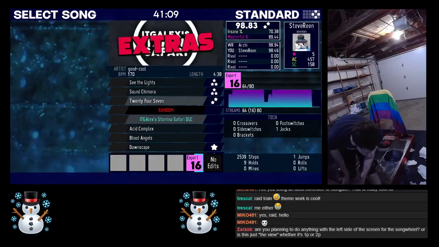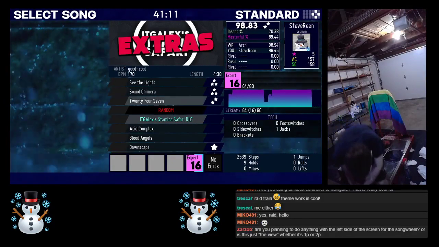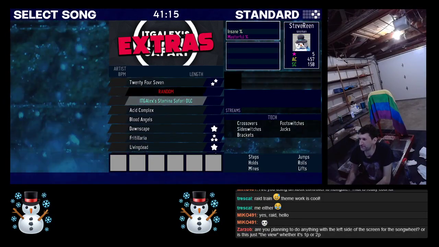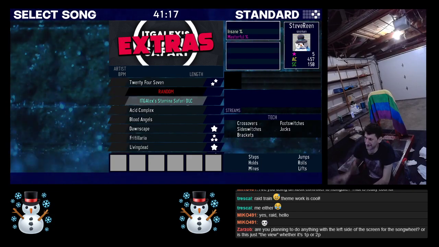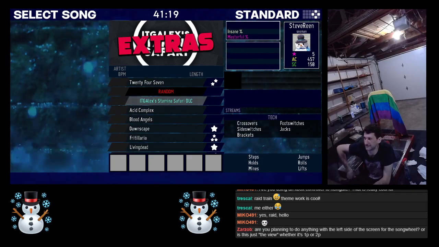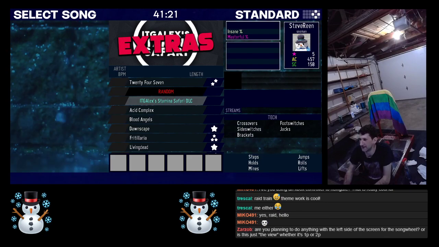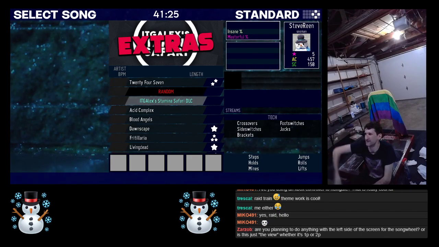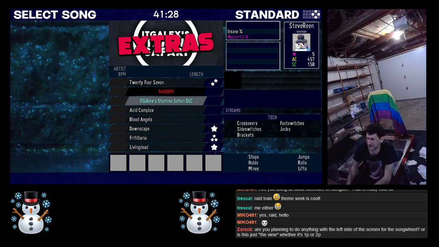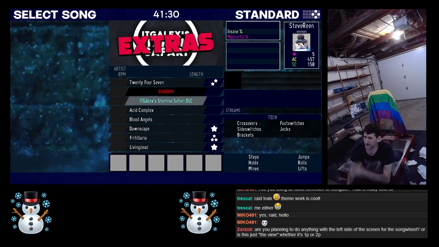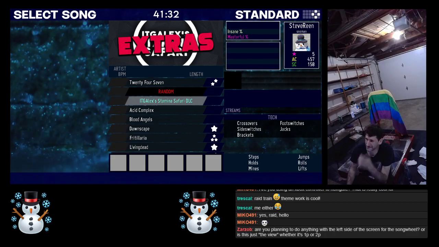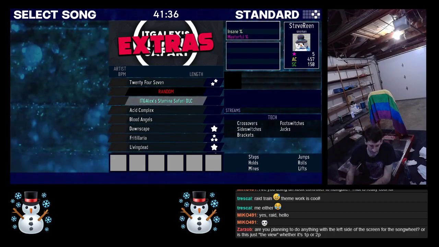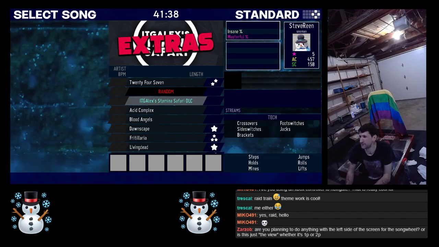Oh, okay, that's a good question actually, because the way I designed it, this is just the song wheel, but there are a few issues with that as far as one player goes. One is that it looks kind of weird on one player with half the screen just having nothing on it. I actually think that's kind of nice, because if I want to have something on the other side that says press start to join or something, that might be kind of cool. The problem is